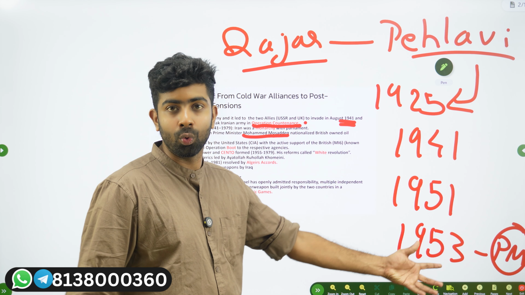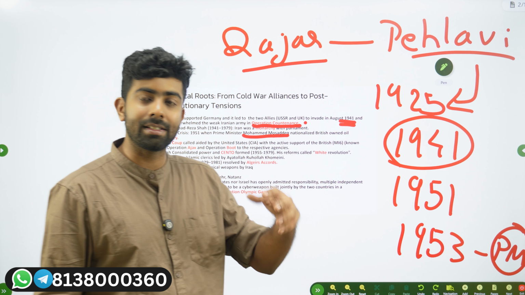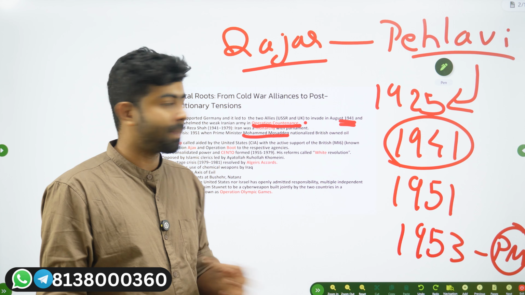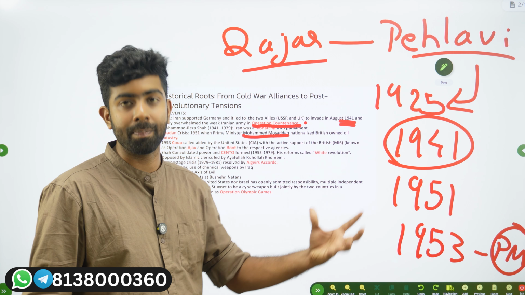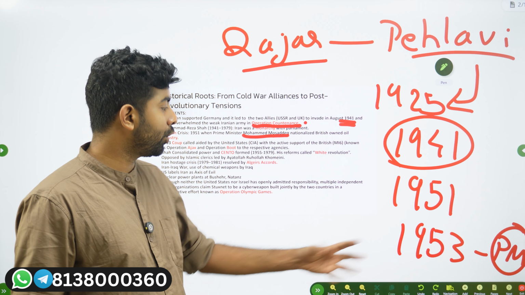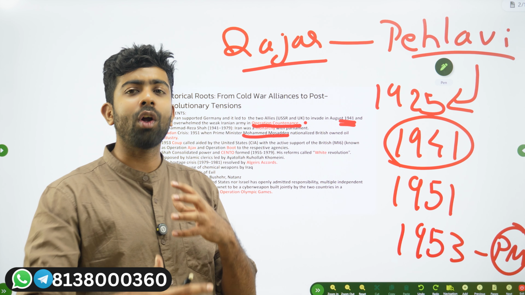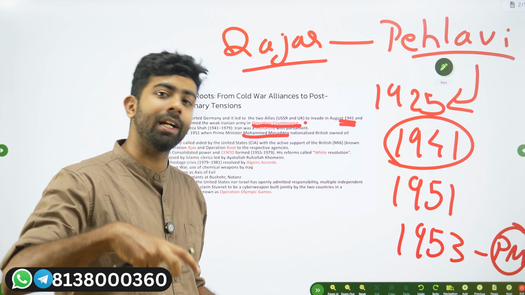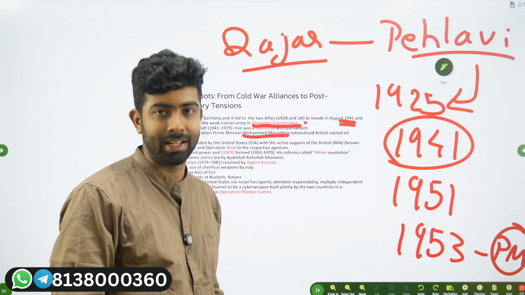Just to recap, in 1941, when they intervened, they gave more powers to the Shah. The Shah was a more pro-Western person. In 1953 also, when that coup was instigated and the PM, Mohammad Mossadegh, got overthrown, the Shah got more powers. During this period from 1953 to the Iranian Revolution of 1979, a lot of pro-Western reforms were carried out by the Shah. At that time the oil industry was returned to the UK and US, and they own a lot of assets in Iran.